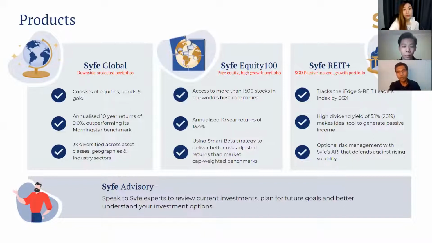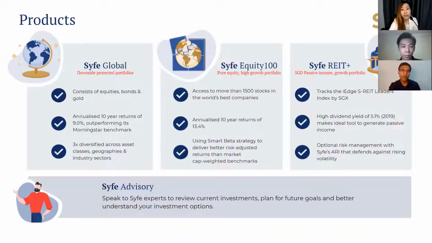So that's where I think the global portfolio comes into play in terms of growing your wealth, but at the same time protecting your downside. The Equity 100 portfolio really came about to give investors the choice to invest into the stock market, into the broader equity market, as an alternative to themselves picking a particular stock or ETF and deciding which ETF to buy or which stock to buy, what proportion to buy, and how to rebalance it. Again, there is a lot of implicit cost involved in thinking through what is the right strategy and how do I design my equity portfolio to grow over time.